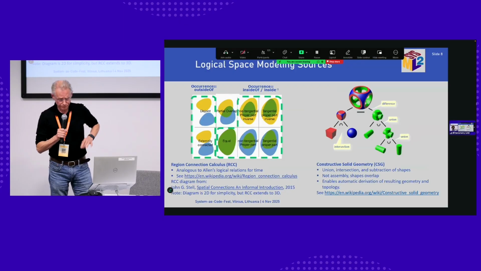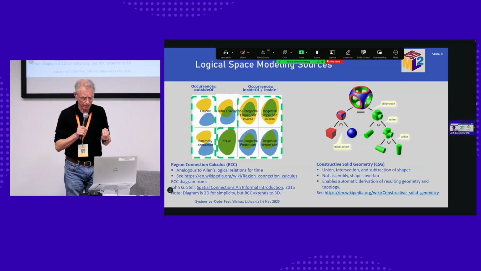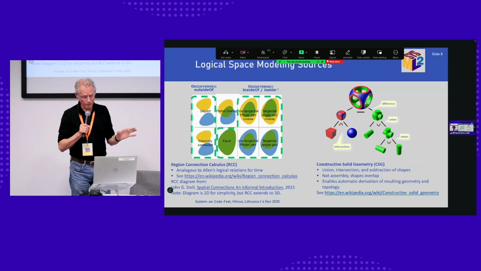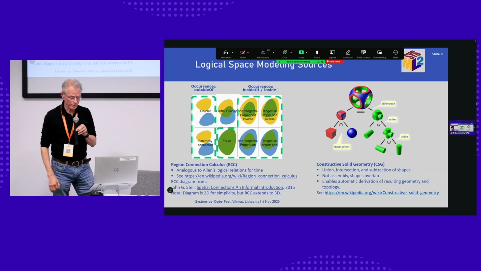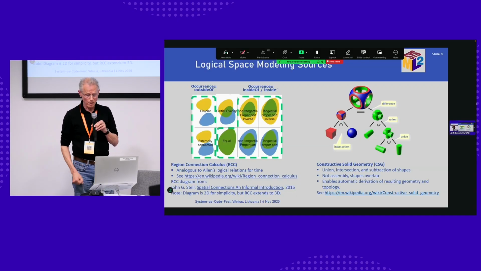We also have, and this is important, something similar to what we have in time with Allen's logic. So we have, let's say, really a semantic model that can be reasoned about. In time, it's time ordering. In space, it's 3D region connection calculus. So this is a logic behind checking that, let's say, one solid touches another one, is enveloping the same volume, or is tangentially touching, etc. This is important because it allows later reasoning in order to detect, let's say, collisions and